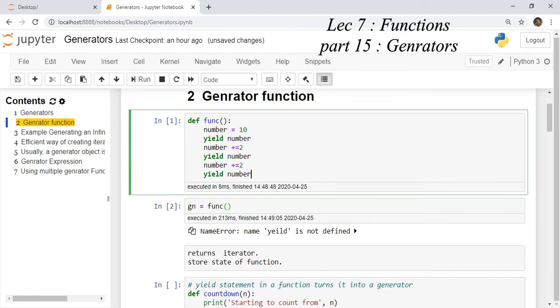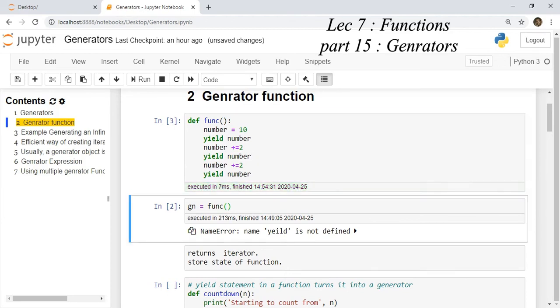If you used a single return statement, how many values could you return? One. Here, using a generator function or a generator, how many values can you return? Multiple values, or a sequence of values, you can return. Click on the cell, run the cell. The cell has executed successfully. Now we create gn, which will be an iterator object, and call the function